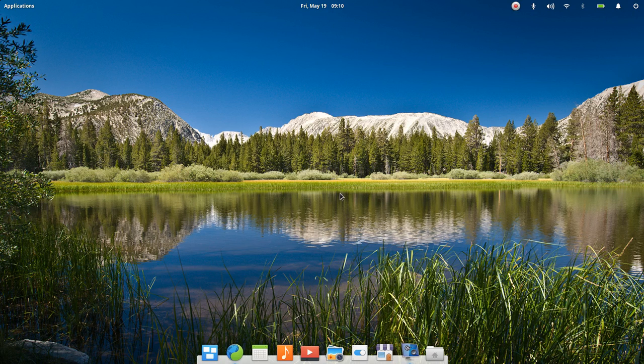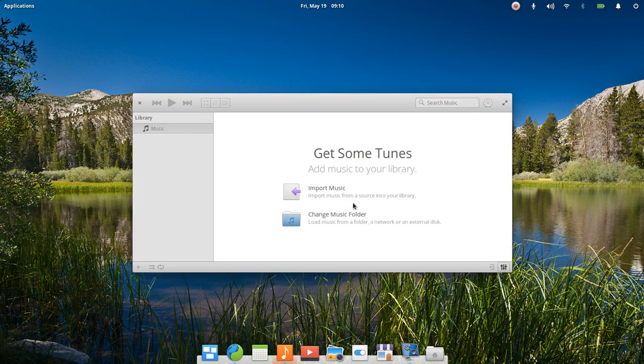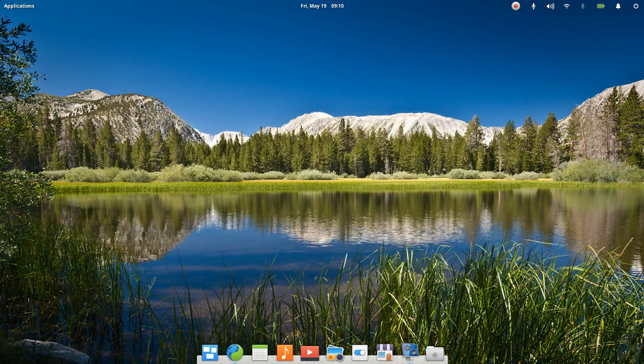I will say with the transitions that are in place, it doesn't feel as super snappy as some of the others. I've been running XFCE a lot lately, on the home system, and just did a video with XFCE on Antergos. And with XFCE, everything's just super snappy. It's like, bam, it's open. Bam, it's closed. Here you've got transitions and things in place that I'm not going to say it's slow. It's just that you see that transition of fade out, and it doesn't give you the feeling of the snappiness that, say, XFCE would. But beyond that, so far,